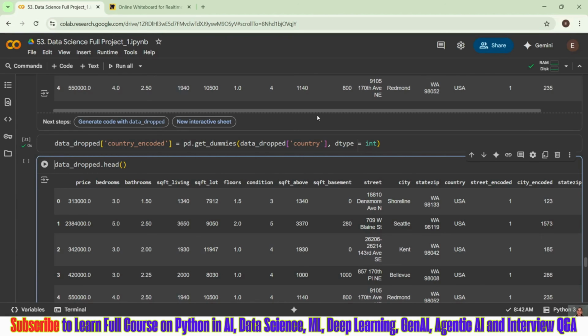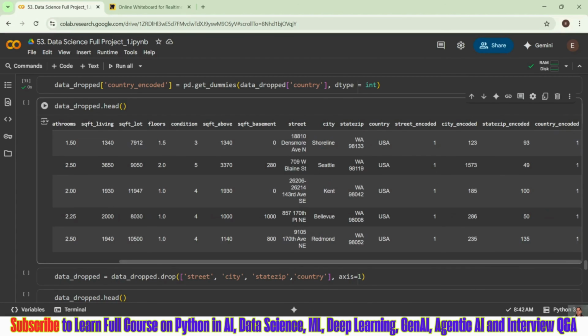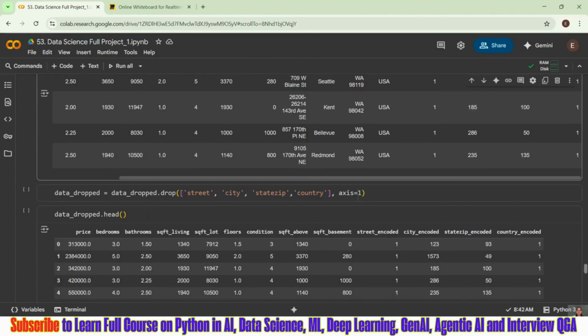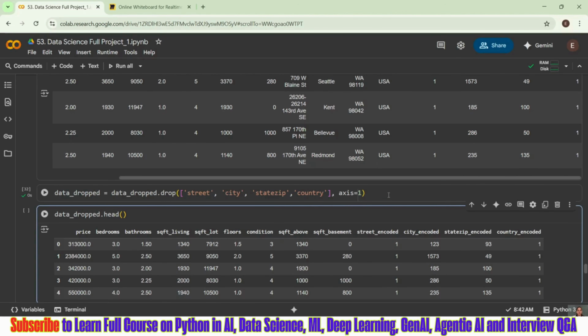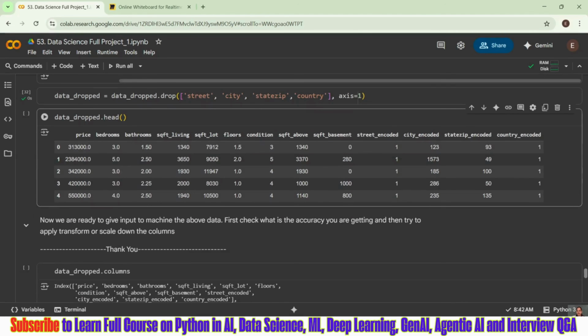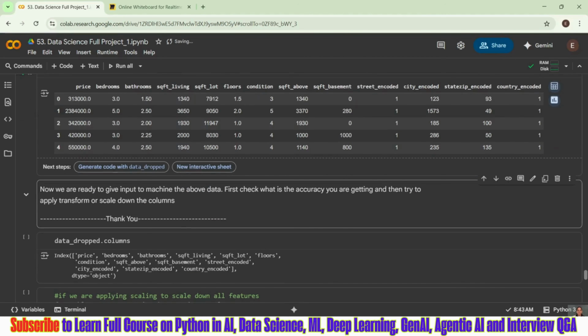And for country, what we can do, we can get the get dummy. Sorry, if you do not do anything, it is not going to convert it to numerical, right? So you can see my country encoded is coming as 1 because we have only one value. Now what is the next step, guys? Now we have encoded our categorical columns, we can drop them, right? So I did the same. I have dropped my existing categorical values, and now if you see the head, I am getting it like this. Now you can directly push all this data to your scaling technique.